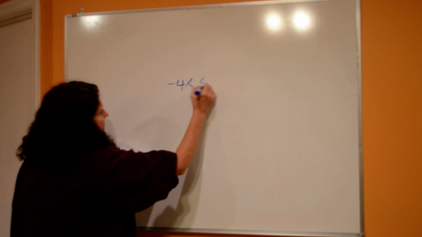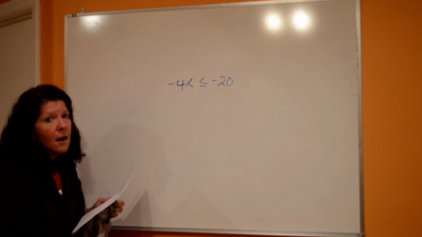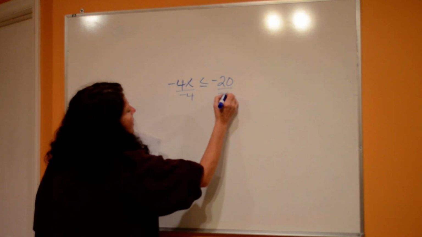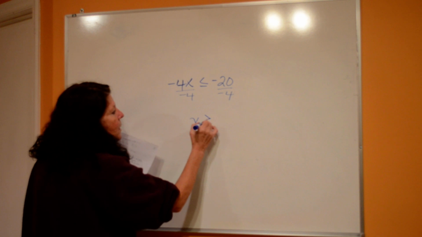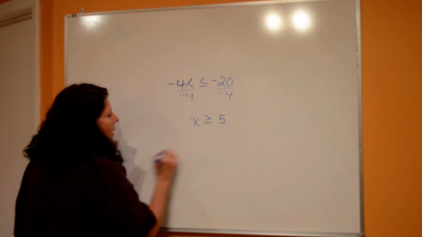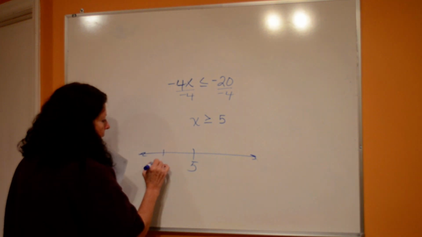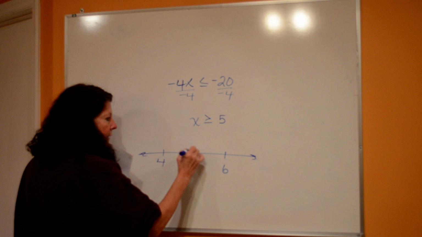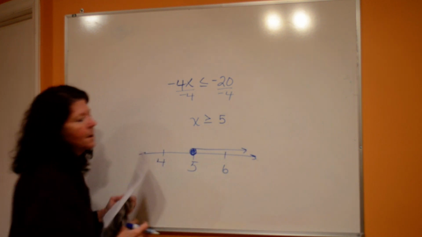-4x is less than or equal to -20. Obviously, to get the x by itself, you have to divide by a -4. Remember, when you divide by a negative number, you switch the direction of the inequality. So I have a 5, 4, and 6. I have a closed circle because there's a line underneath it, and it goes in a positive